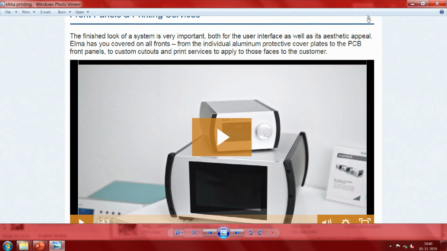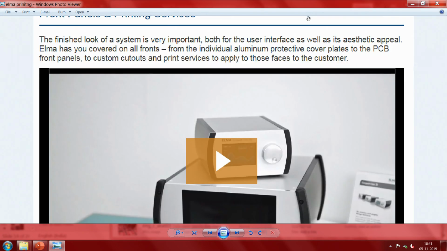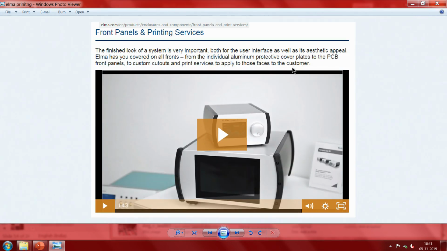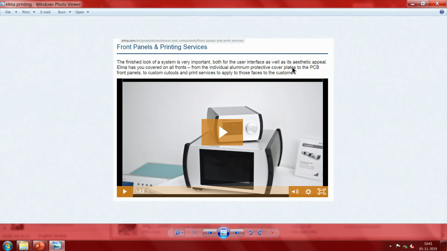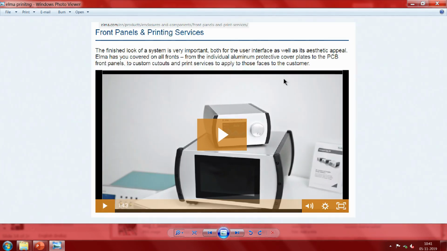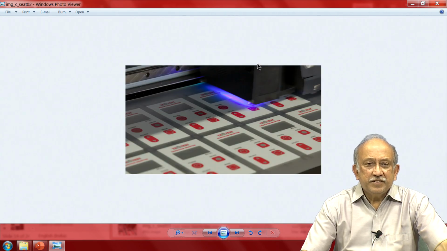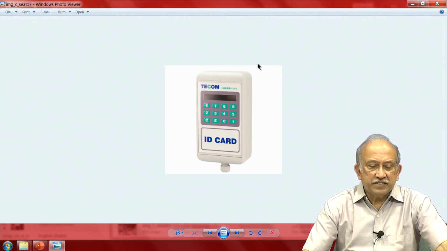So, long ago when this Elma started, I am not sure whether it is some European company, but it is there everywhere. It does everything for you, but first I expect that you have to do the engineering to have full control. So, this is the one which probably I should have started.